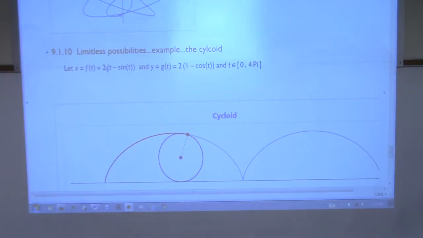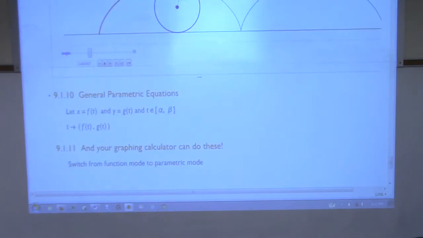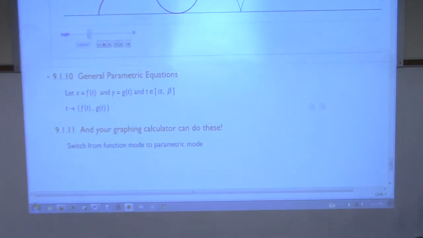2, then the quantity t minus sine t, and then the y function is 2, and then quantity 1 minus cosine t. Pretty cool. All right, so in general, if I'm going to recap 9.1, I'm basically saying that